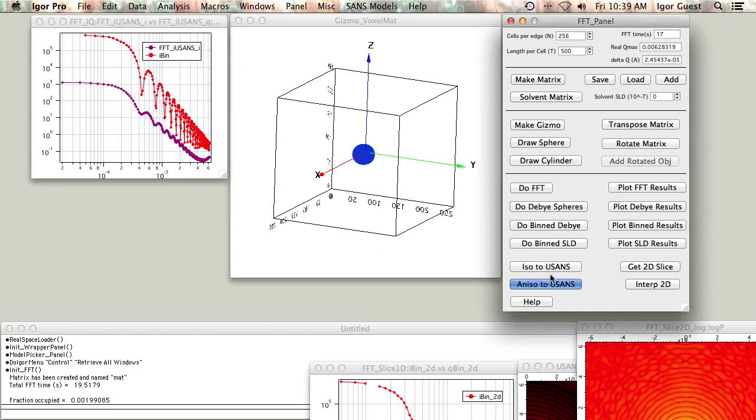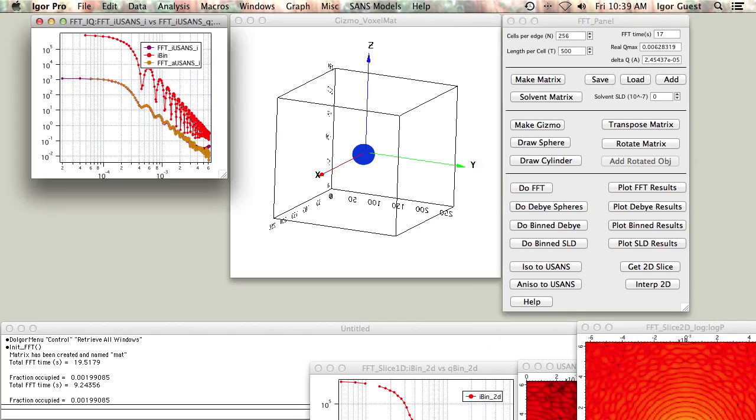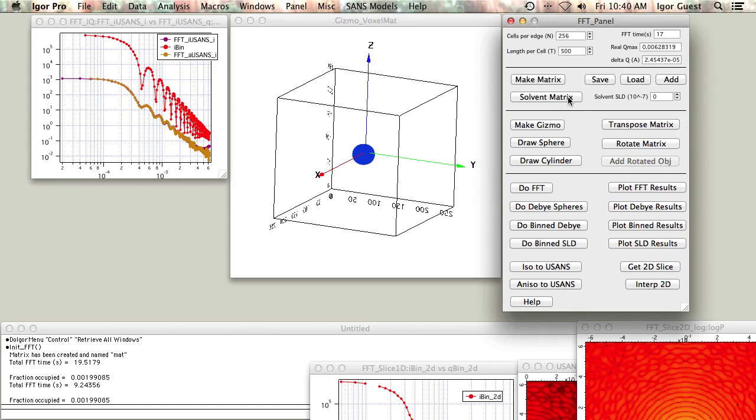If we do the anisotropic calculation, again, this should take about 10 seconds now, and should be identical since there is no anisotropy in the sample. And that's in fact what we see. Now we can use different sorts of objects like cylinders, something that can be oriented, and I'll show you an example of that. So if we clear this by just refilling the matrix with solvent,